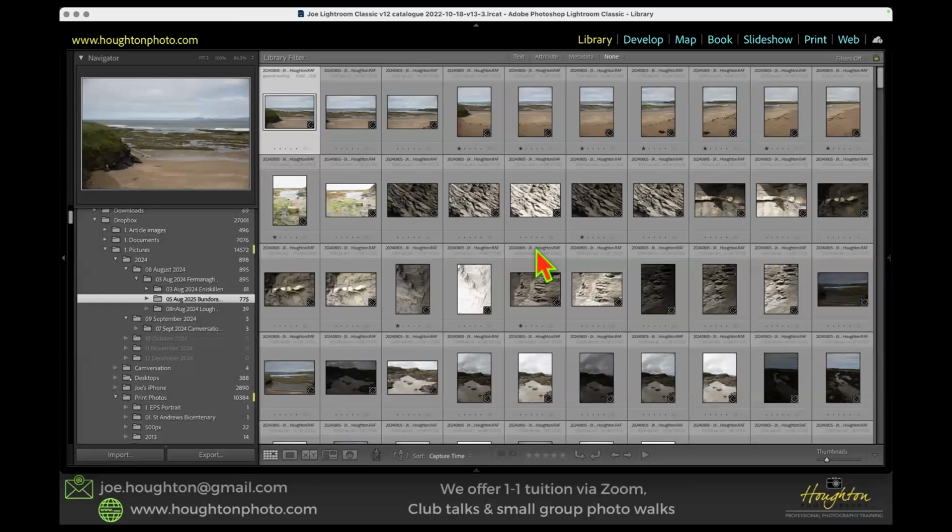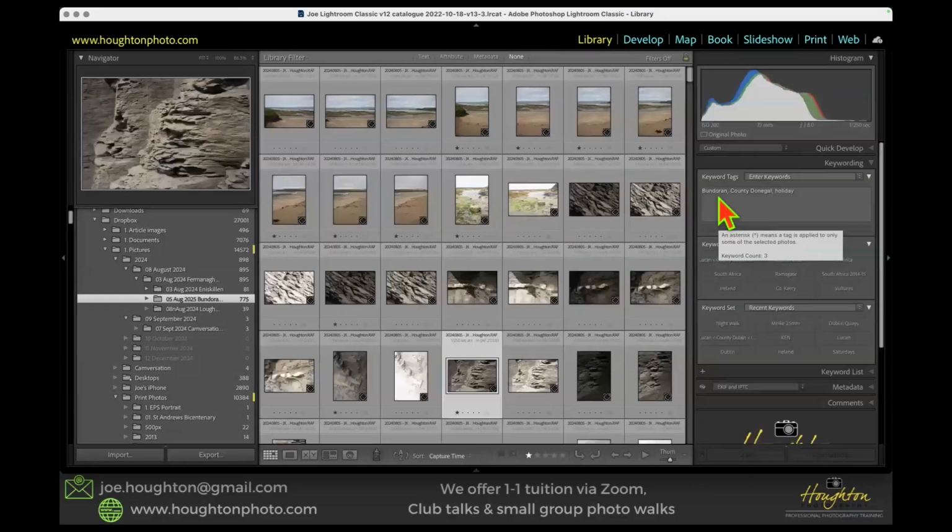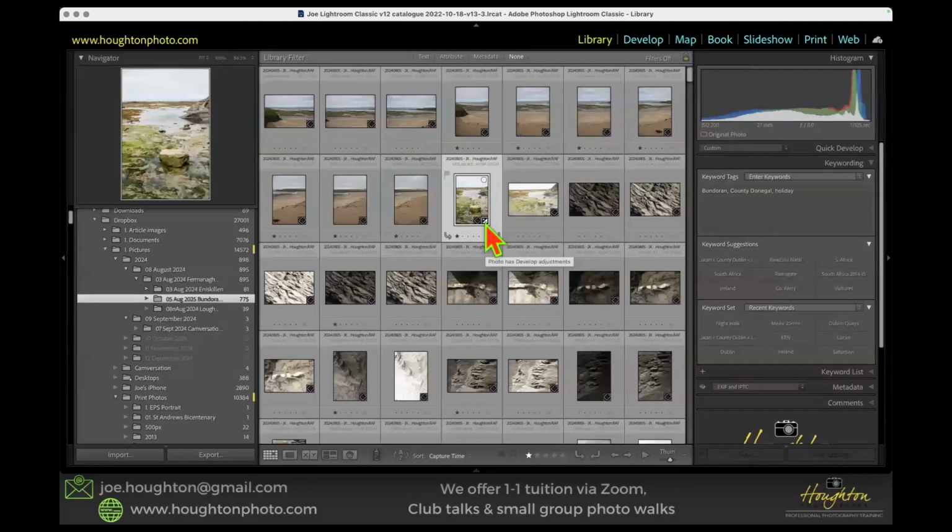Now, I think I know, and I've responded, but I thought, no, I'll ask the master. That would be better. Yeah, I tagged this whole shoot with Bundoran, County Donegal, holiday. I feel like I need to dedicate, and I may be among friends here, about 4 or 5 hours, probably going to end up being 4 or 5 days, to actually sitting down and going through and properly compartmentalizing and organizing all of my shots, because at the moment,